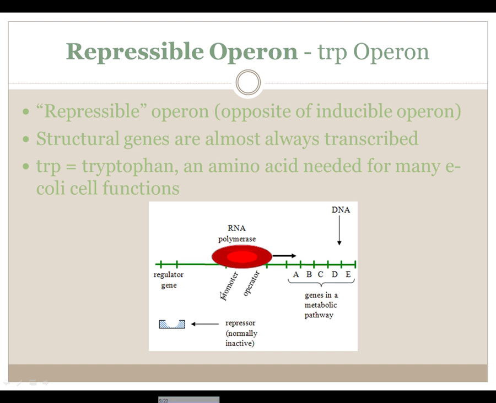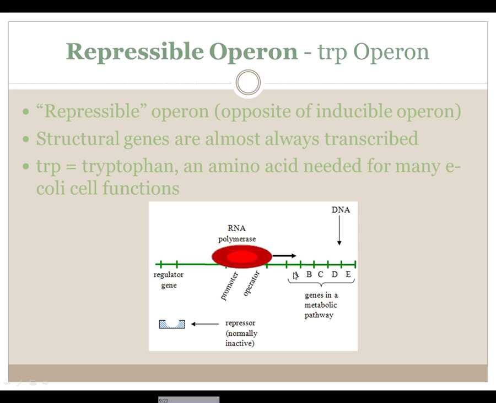There is a regulator gene on it, and there is a repressor, but normally the repressor for this trp operon is inactive, so the RNA polymerase can just crank right along the double helix and basically make tryptophan. It's going to be coding for production of different enzymes,